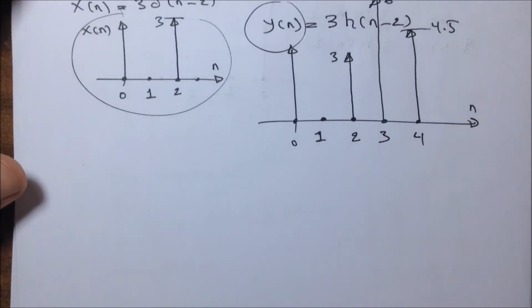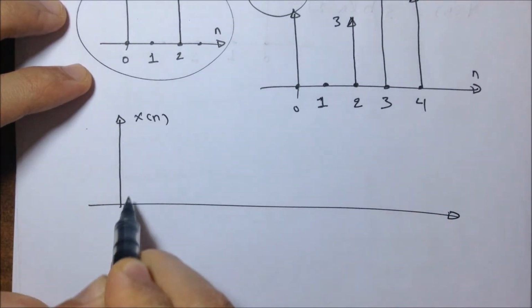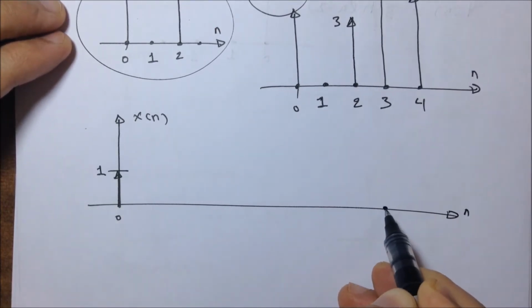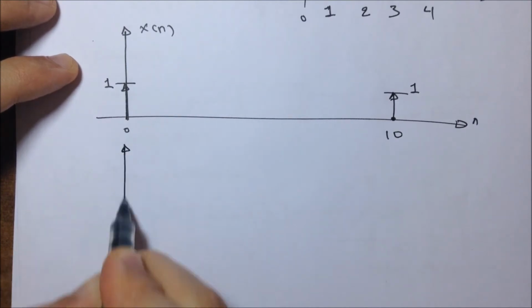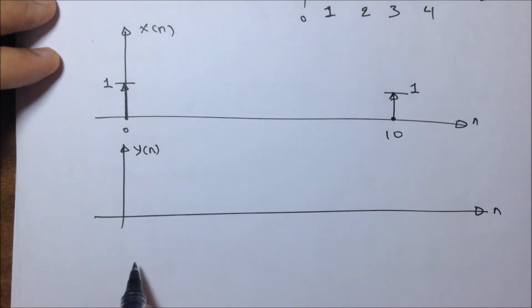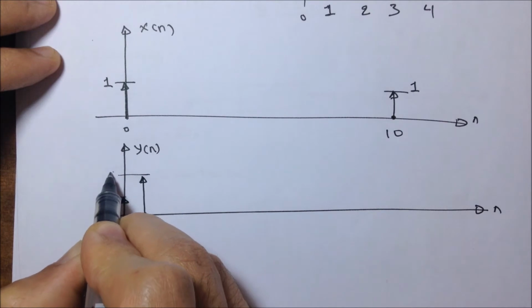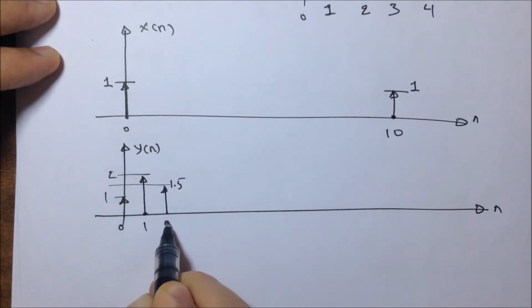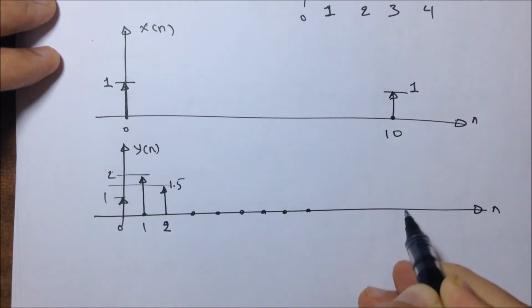Now, what if x of n consisted of 2 impulses? That is, x of n, we have an impulse with the height of 1 at n equals 0, and then another impulse at n equal 10 with the same height of 1. What is going to be the output of the system? Well, it is simple. So this is y, the output of the system. When this impulse arrives, the system produces the normal output, which is 1, and then 2 the next moment, and then the next moment 1.5. So this is 0, 1, 2. And then the system returns to the steady state, which is 0, 0, 0, 0,